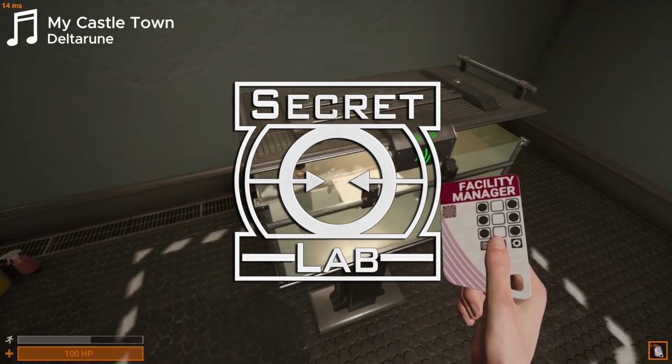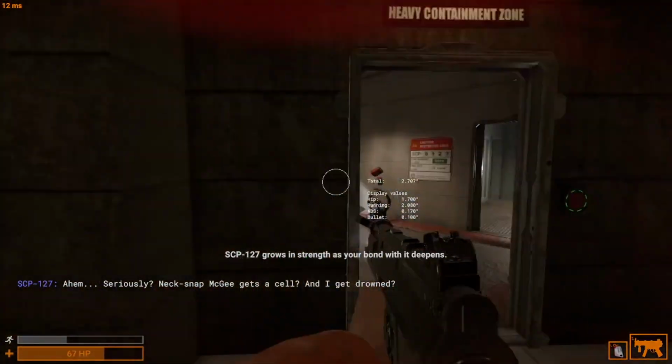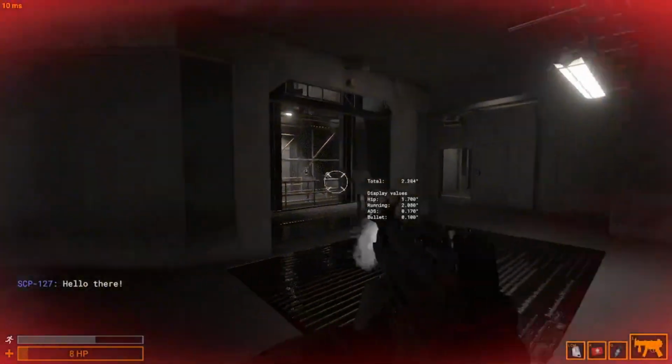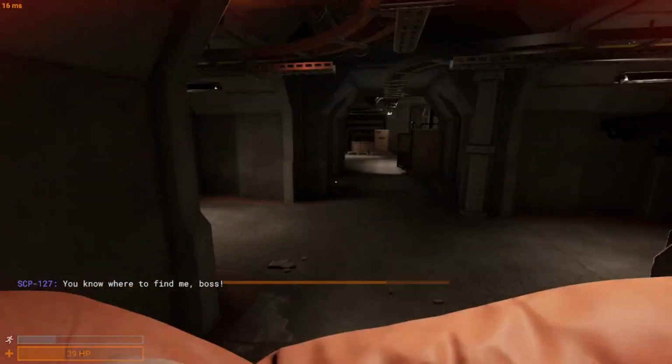In SCPSL, one of the core mechanics is combat, and if you suck at it, well, you're not gonna have a very fun time playing the game. So, what can you do to ensure your survival more? Well, I'm gonna give you a few pro tips that will drastically increase your chances of surviving in this absolute